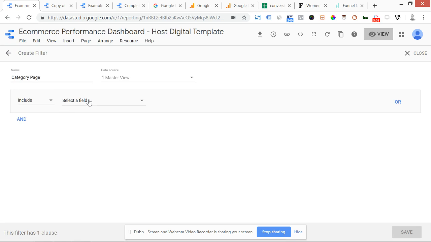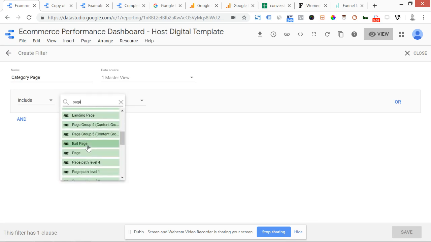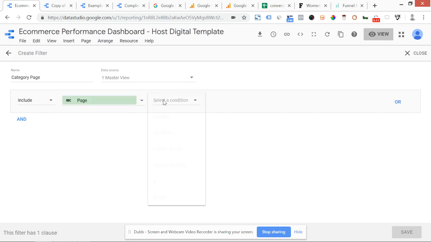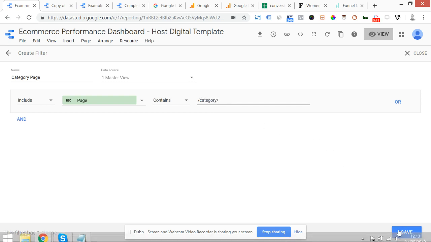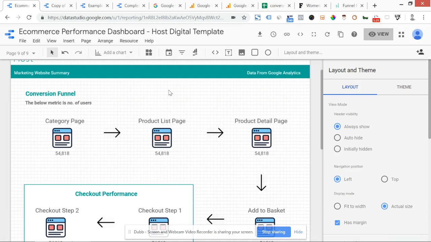And I'd include page, scroll down to find page, that contains, and I believe the syntax was category, and then I'd go ahead and save that as a filter. That's what I'd do if we were dealing with French Connection, which would be really helpful,